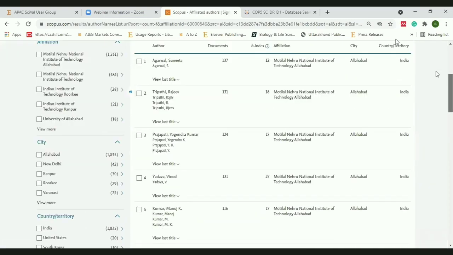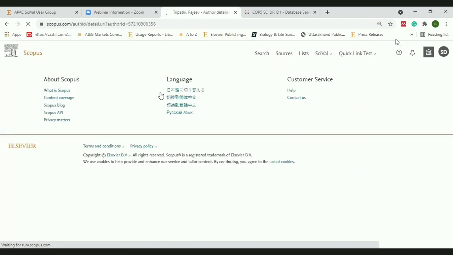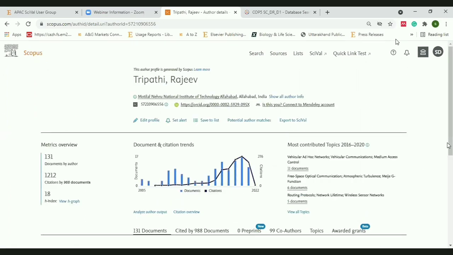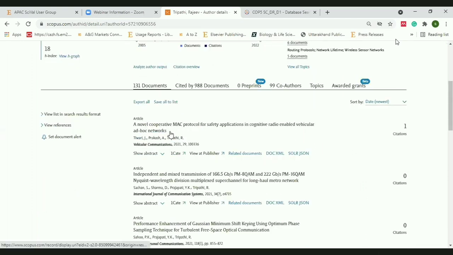So over here, again, you can find out who the authors are and what their job is. You can find your name over here. So right now, I'm just going to open, let's say, Rajiv Tripathi's profile. So this is the second way of finding it out. Third way and the easiest way